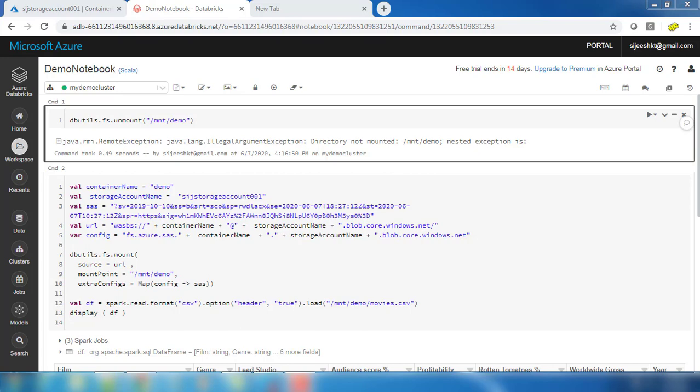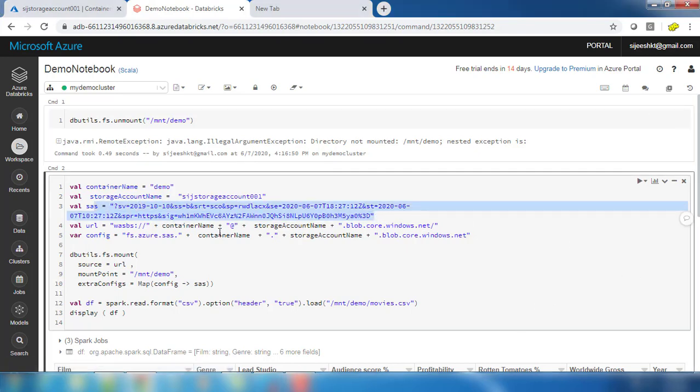In this video I will show you how to use Key Vault to secure the credential. In the previous video, we saw how to connect or mount a blob container in Databricks. We just hard coded the secrets and the credentials like this, but this is not a secure way and also not good practice. In this video we will see how to use Key Vault to store this credential and access it.